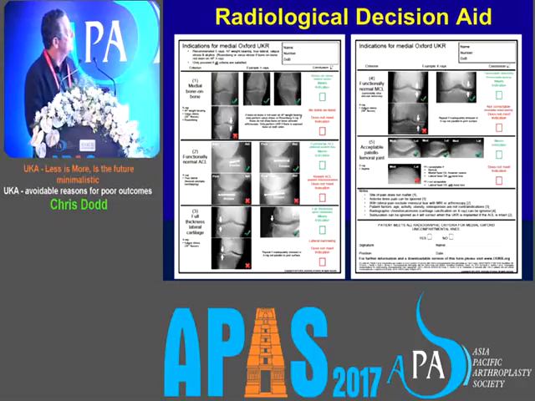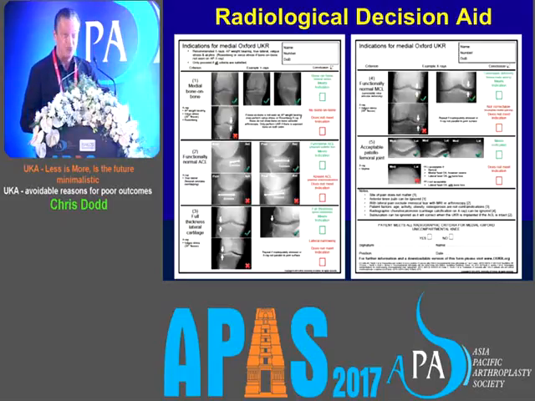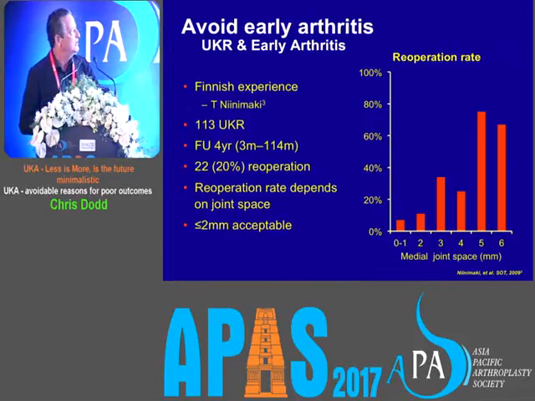You look at the lateral for the ACL. If it's intact, you can do a uni. If it's not intact, you can't. You look at the lateral side, full thickness obviously here and here, you can do it, here you can't. And the patellofemoral joint, perhaps some differences here between fixed and mobile, but essentially the indications are beginning to coalesce. If you put this in the notes, God forbid if anything were to go wrong, then this is very useful to explain both to the patient and to the lawyer perhaps why you did the uni.